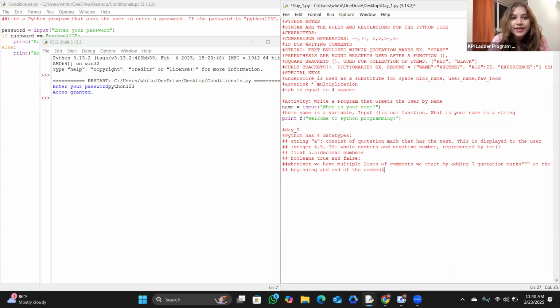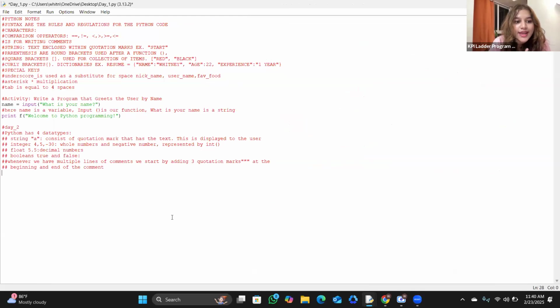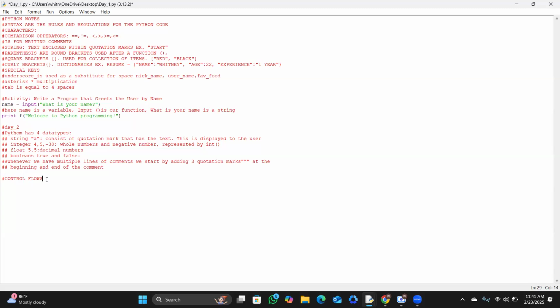Let's come on our day one, and then we'll be writing the notes. Make this full screen, please. So next heading you just put in, press enter, and then put it in all caps. Write in control flows. It's just, there's no E after L. Yes, control flows, right? So for control flows, after that put in a colon,